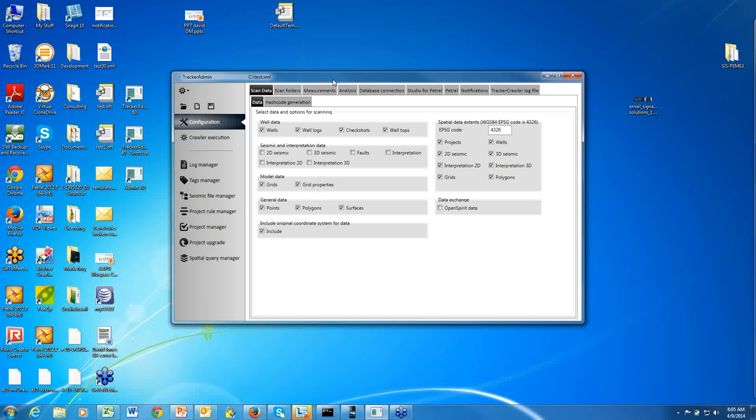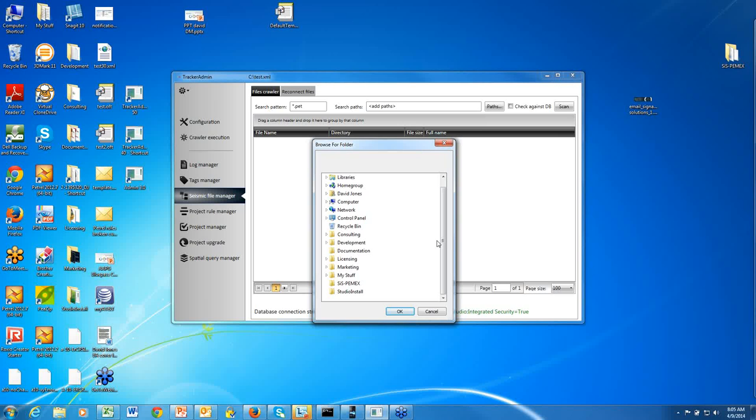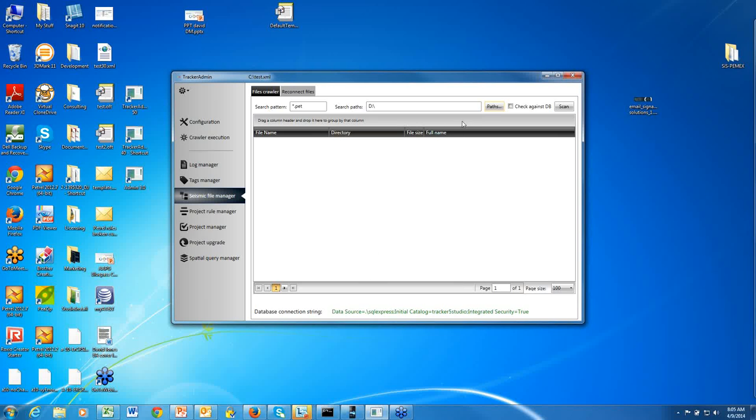And this is the Tracker admin. I happen to be in version 5 here. And we're going to come down here to the Seismic File Manager. And you can see by default it's set up to actually do its job, and that's looking for seismic files. But in this case, what we're going to do is we're going to enter *.pet here, and then I'm going to look for a path out on my hard drive, and I'm going to go ahead and select my computer and my D drive here,